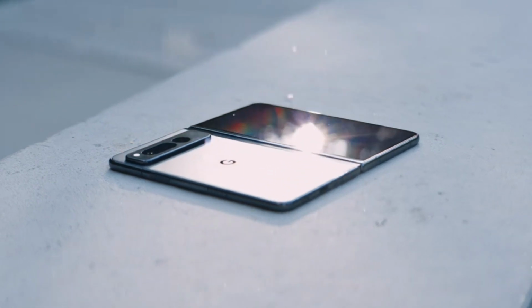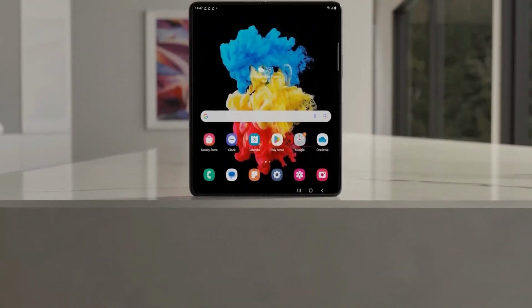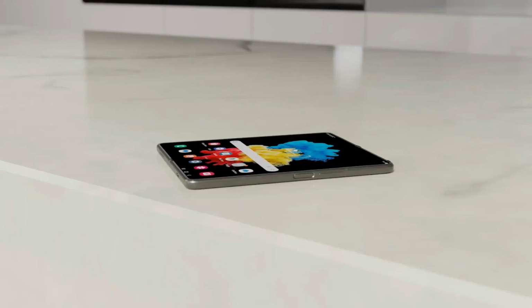Guys, according to my point of view, overall this smartphone is just average, and I think Samsung Galaxy Z Fold 5 can easily beat it. So must check out